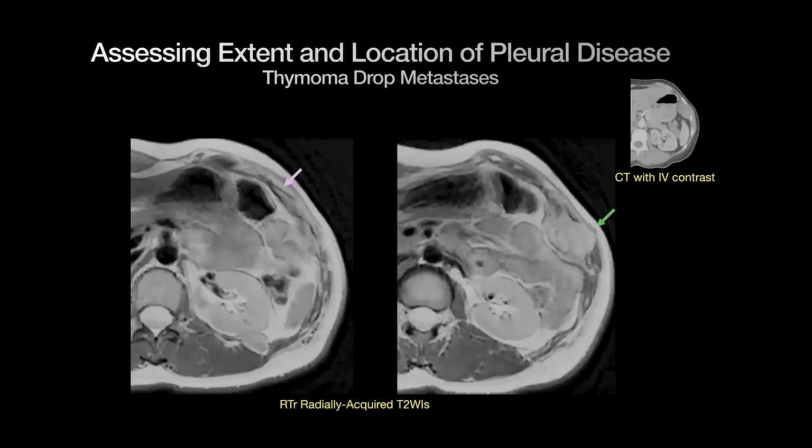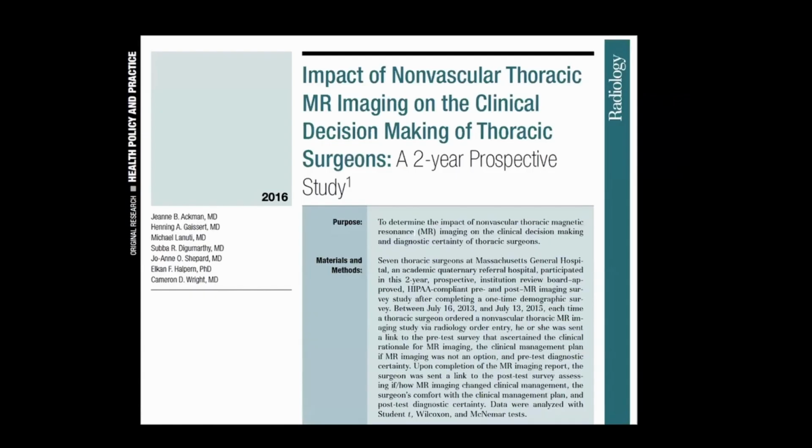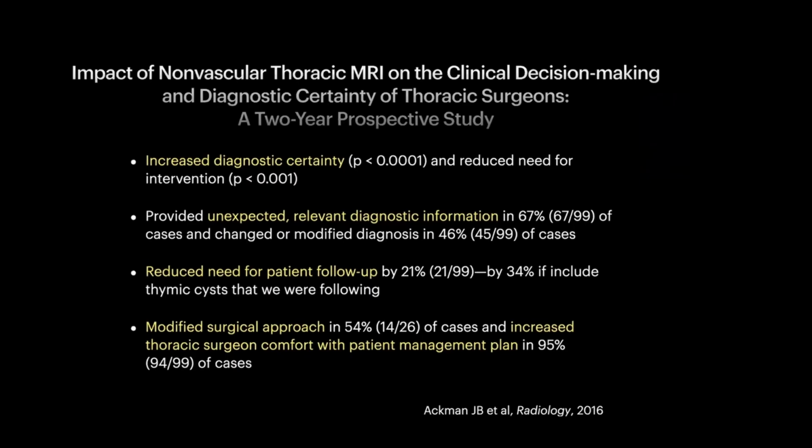There's the tumor splitting the diaphragmatic leaflet apart. We showed on a prospective study that MR increased diagnostic certainty and reduced the need for intervention for our thoracic surgeons in a significant manner, provided unexpected relevant diagnostic information in 2/3 of cases, and changed or modified the diagnosis in nearly half. It reduced the need for patient follow-up by 21% or more if we weren't following the thymic cysts. It modified the surgical approach in more than half of cases